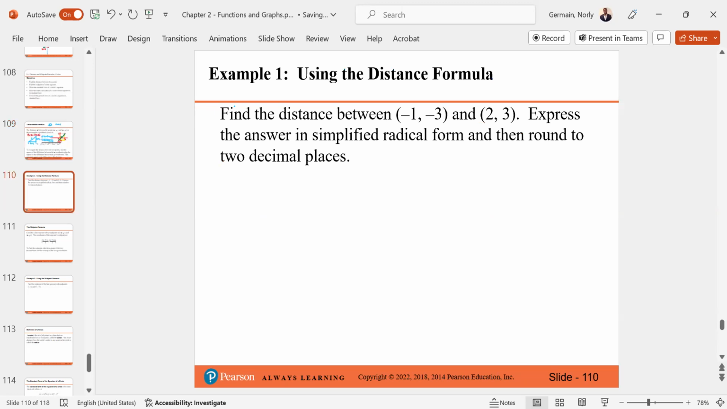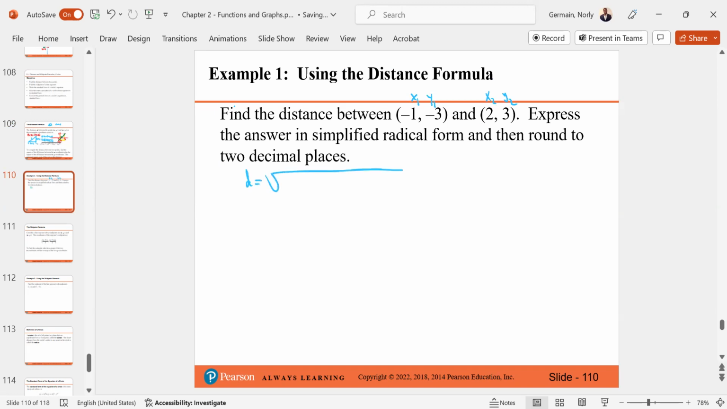Find the distance between these 2 points and express the answer in simplified radical form and then round to 2 decimal places. So we should have a decimal at the end. When using the distance formula, it does not matter which point you call x1, y1 or x2, y2. So here also, we know the distance, if I call this one x1, y1 and this one x2, y2, the formula says